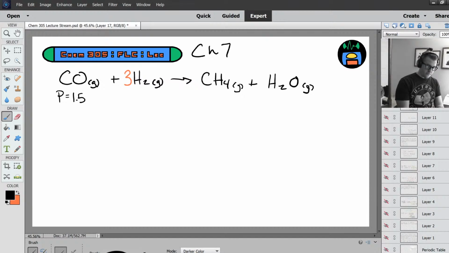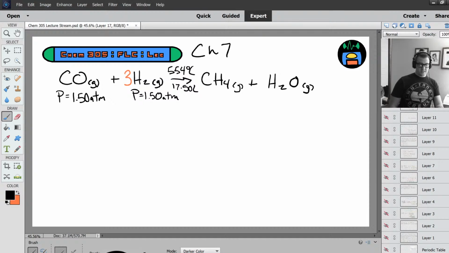We're told it's 1.50 atmospheres for each. And we're also told that this reaction takes place in a 17.50 liter vessel at 554 degrees Celsius. First up,